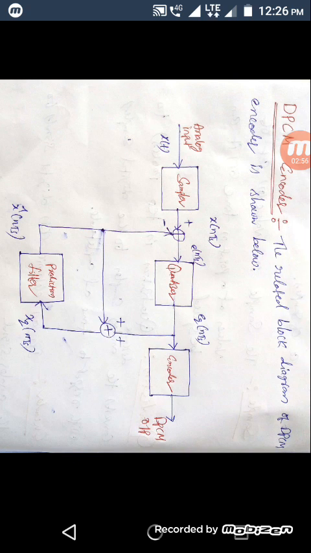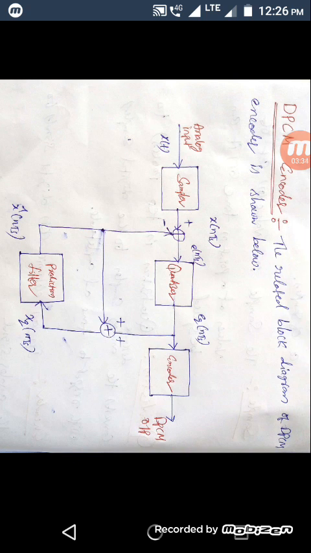First, what is a sampler? Already we know the sampler receives the input signal, which is in the form of analog, from the input side. Even when we apply input signals, they will be in the form of analog. So the analog signal will enter the sampler. By using the sampler, it will convert the continuous time signals to discrete time signals, and thereafter the converted information will move to the